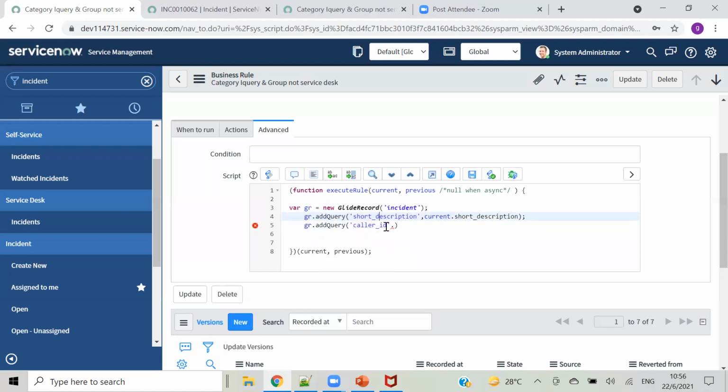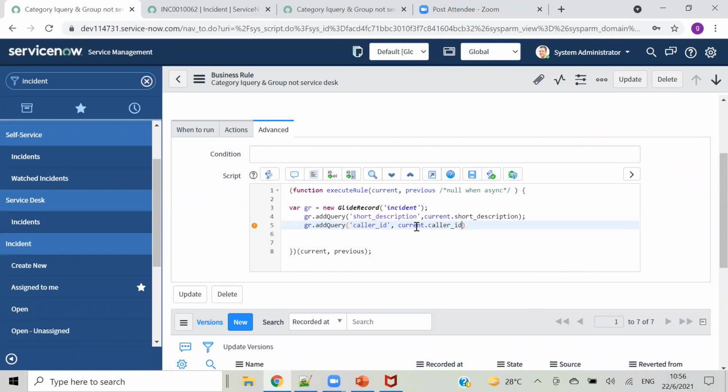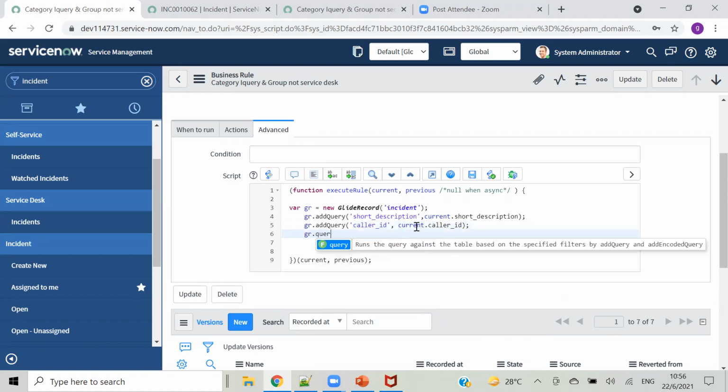Okay, so again, current dot caller. Sorry, I have given a dot here instead of a comma. So comma, current dot, I will access all the things on the form. Okay, caller id.